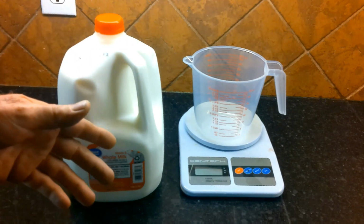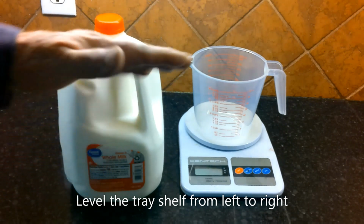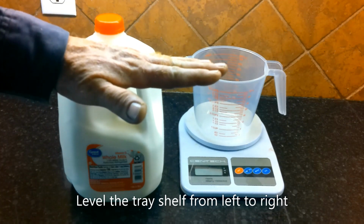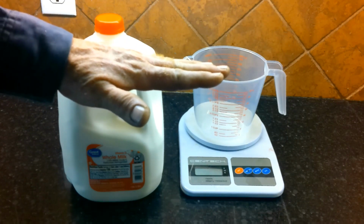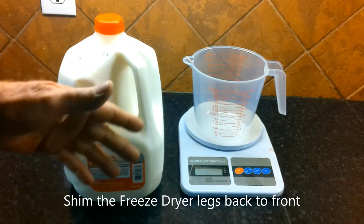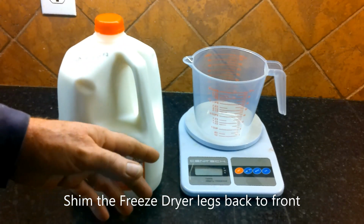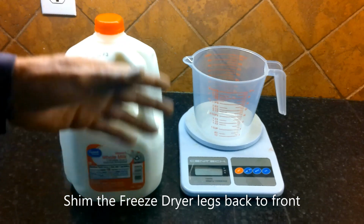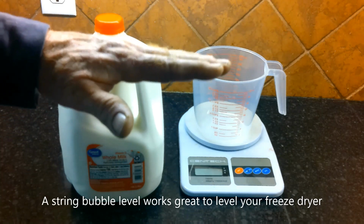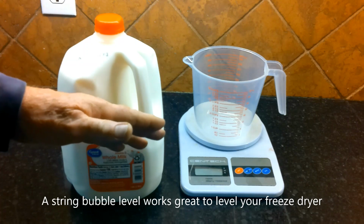Now the key about this, and about all liquids that you freeze dry, is you want to make sure that your shelf in your freeze dryer is level, going, say, left to right, but then your freeze dryer going forward and backwards is also level. So sometimes you need to shim the legs of the freeze dryer to make it level from, say, north and south, and then from east to west is going to be the tray itself. The more level your freeze dryer is, the more milk you can put into your trays